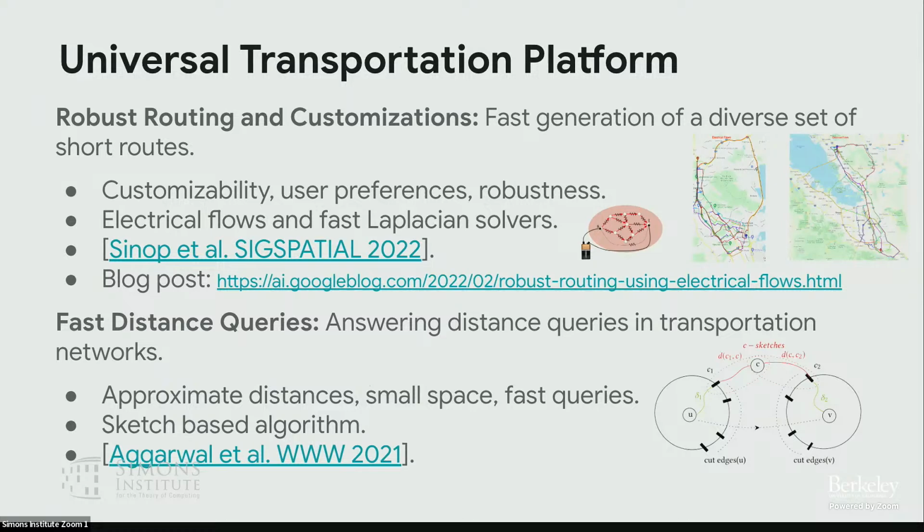And again, here Ali was able to produce some excellent work on using electrical flow decompositions and fast Laplacian solvers that have recently come up in the theoretical literature. And we are now able to produce a lot of alternate paths between any 2 points extremely efficiently on these large systems, these large graphs, these large networks. So that's another very interesting application of theory. And in fact, we even had to make some advancements there to actually have this work in our systems.